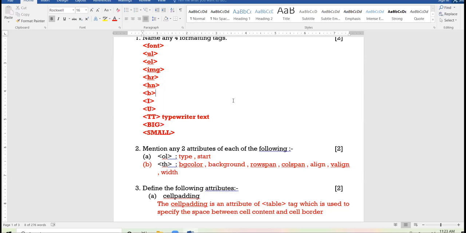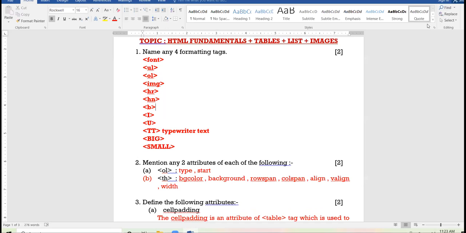Okay. Anybody can tell me what are the logical styles? What are the different logical styles of HTML? Yes, Bissam has raised a hand. Yes, Bissam, unmute yourself. Head tag, title tag. No, beta, those are the structural tags.